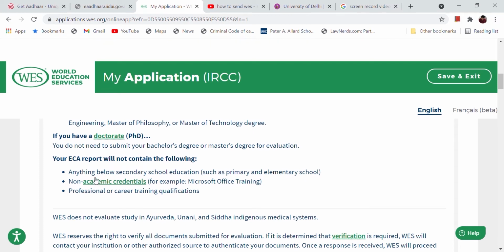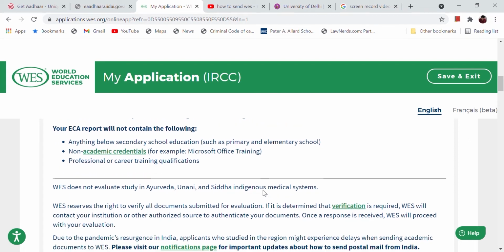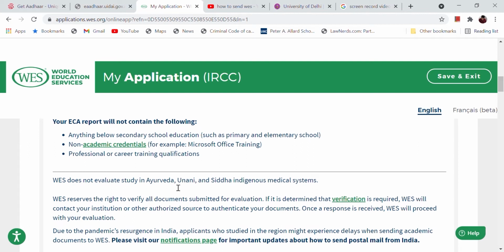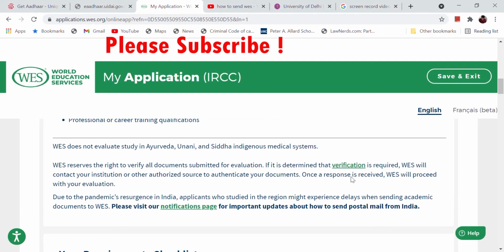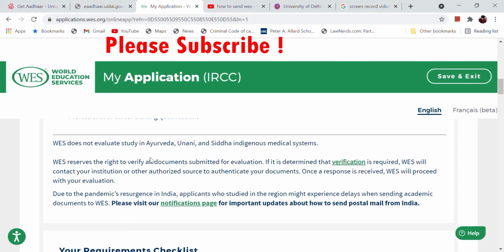Another important point is this: your ECA report will not contain anything which is below secondary school education, something which is non-academic, and something which is a training or qualification related to a profession. For example, accountants in India need Tally, but that would not be assessed by WES. They will assess your chartered accountant degree or your graduation in commerce degree, right?